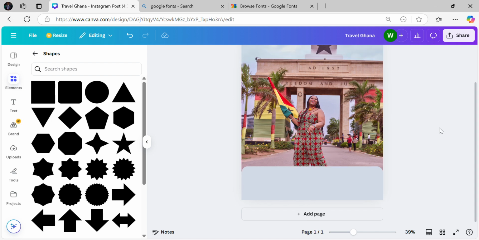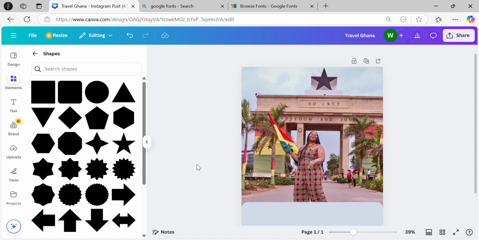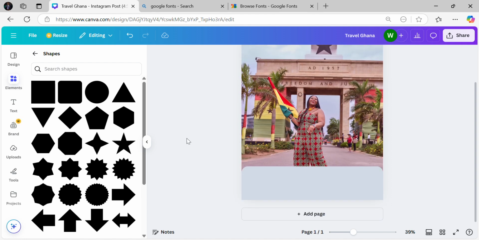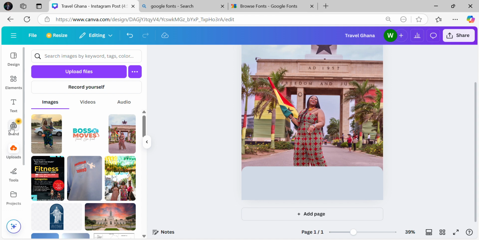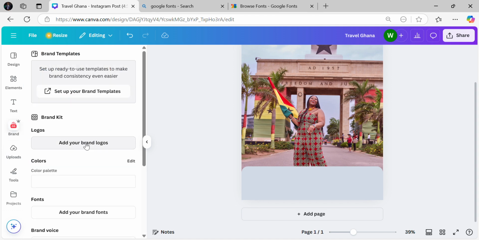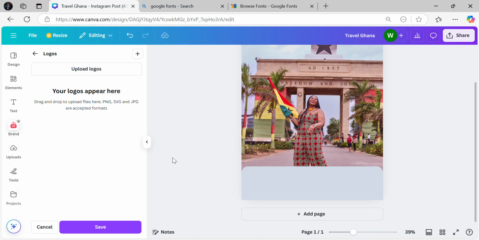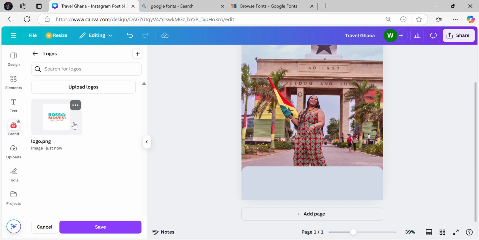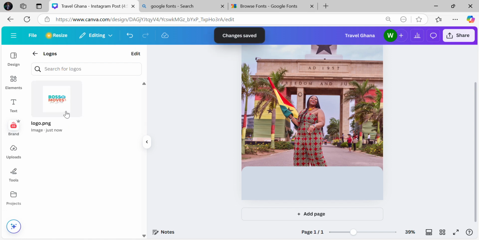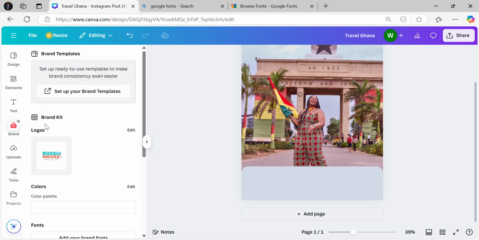There, nice. Now if I'm doing a design for someone, probably they have their brand and stuff. If you're using Canva Pro, you can add your logo here and you can upload. But if you're not using Canva Pro, it will be hard for you to add the logo here. So if I add the logo here, I can always go back and use that logo like that. But if you don't have Canva Pro, you can just upload the image the normal way. You come and you upload. Now if you have the uploaded image,